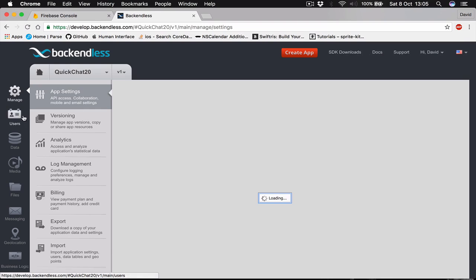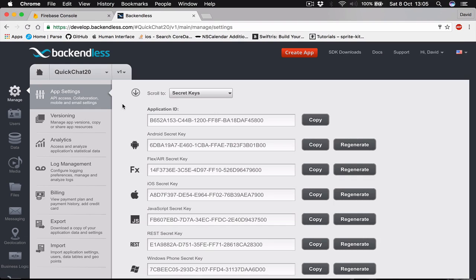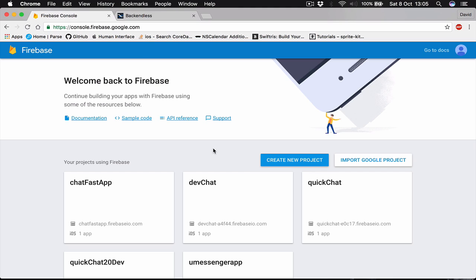This is the main screen you will see when you are in your project. Here you can select one of your projects. Now we are in QuickChat 20. What we are going to need from here is the app ID and the application secret, but not for now. Let's go to Firebase, and once you go to the console